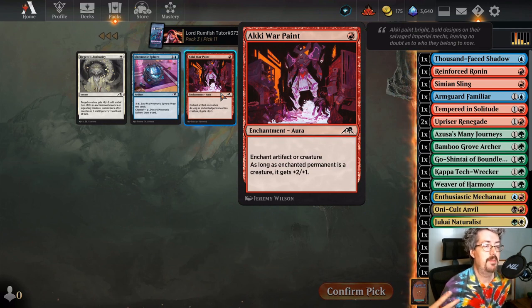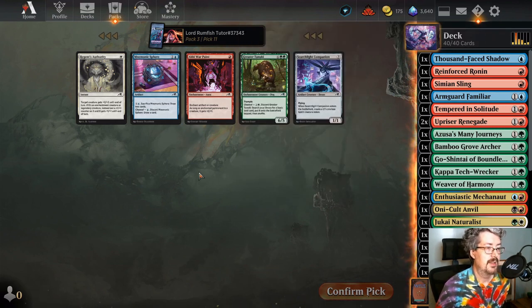Aki Warpaint can be a very aggressive play. However, with this many colors, we probably are not that aggressive of a deck, so yeah, I'm between the Sphere, the Tanuki, and the Companion. So...